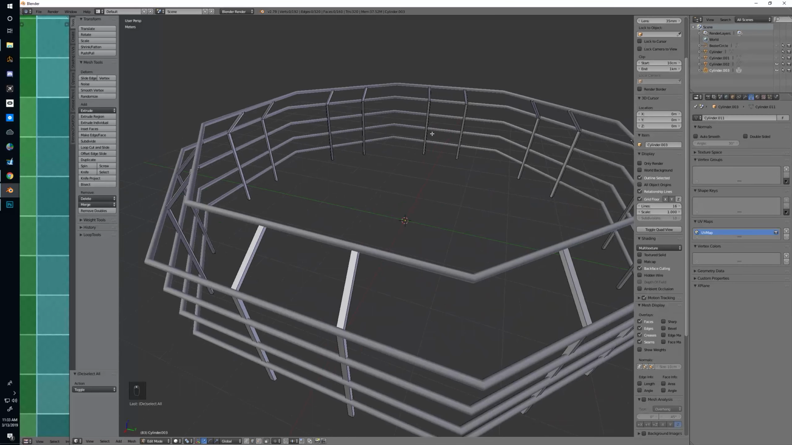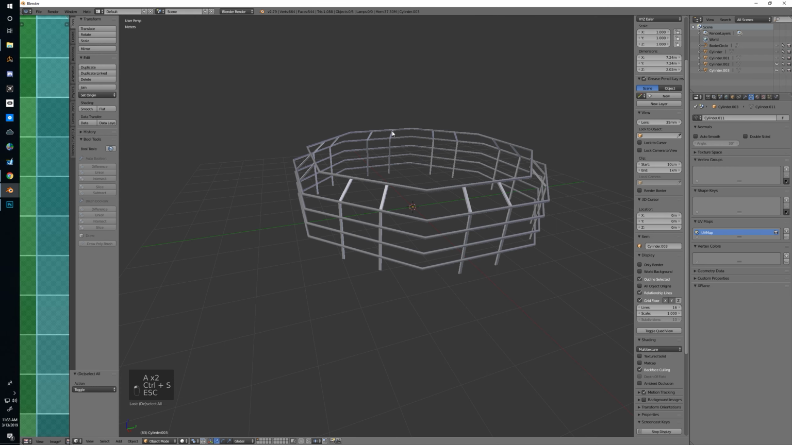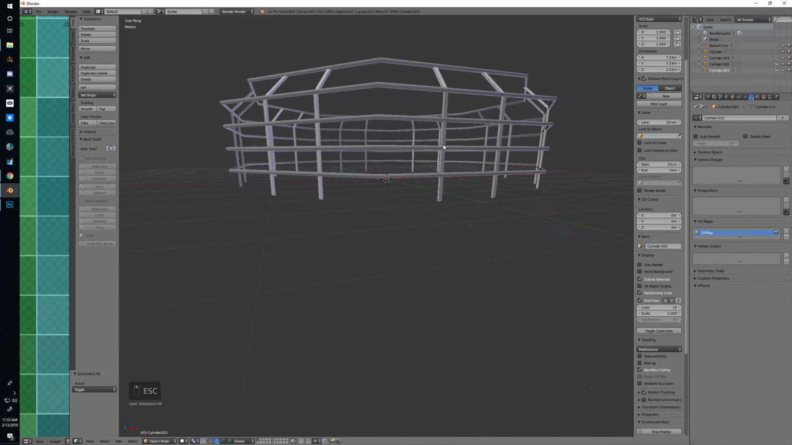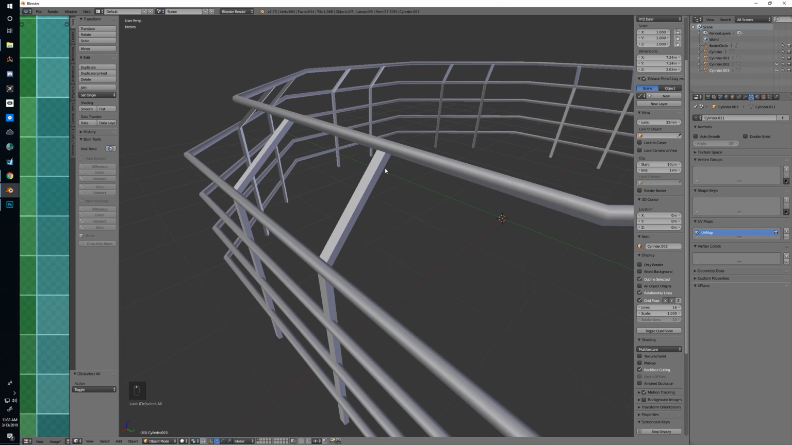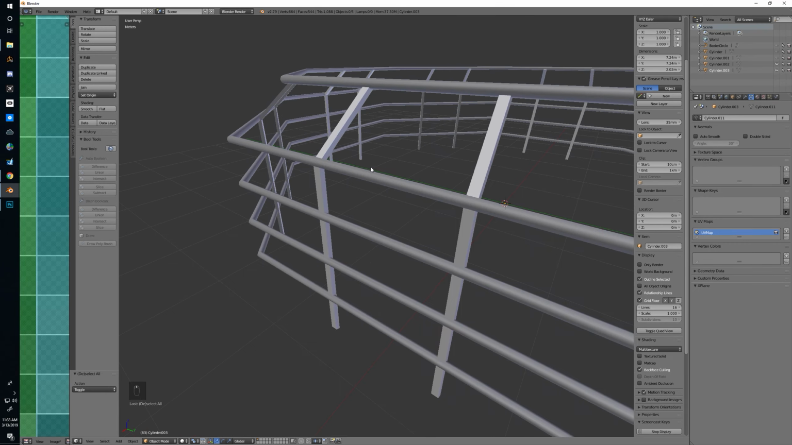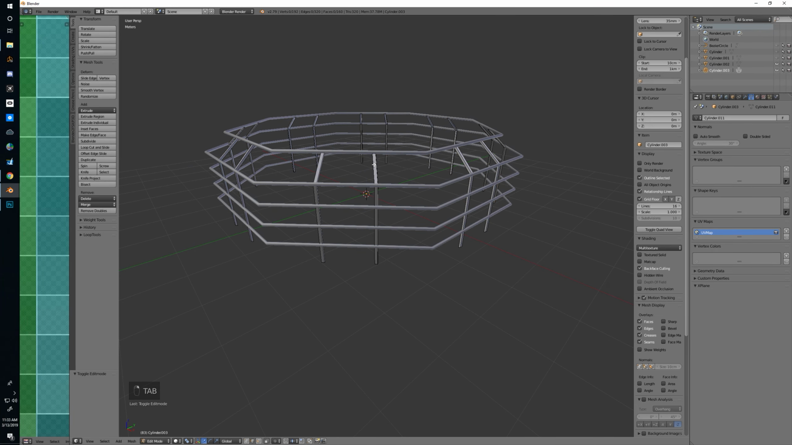Oops, sorry, let's not save that just yet. So that's basically what we're looking for here. And then all we've got to do is